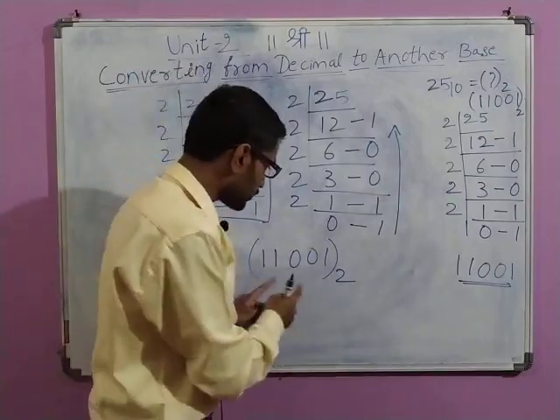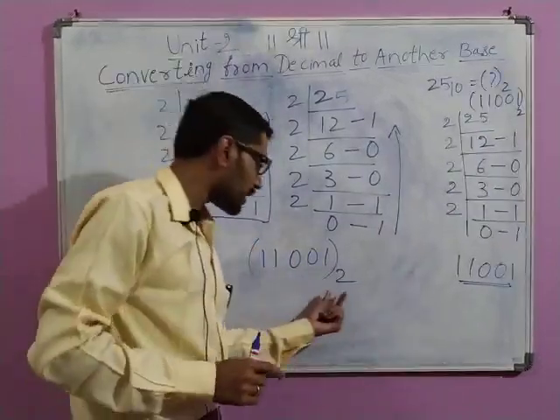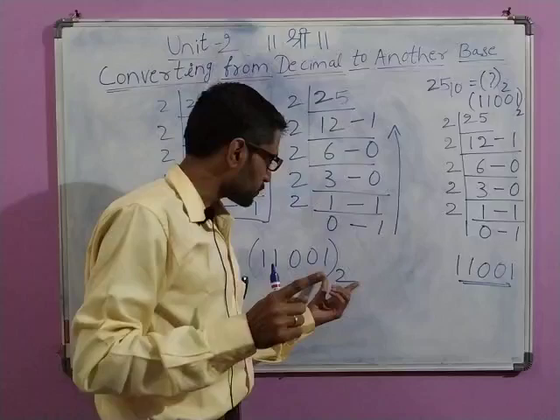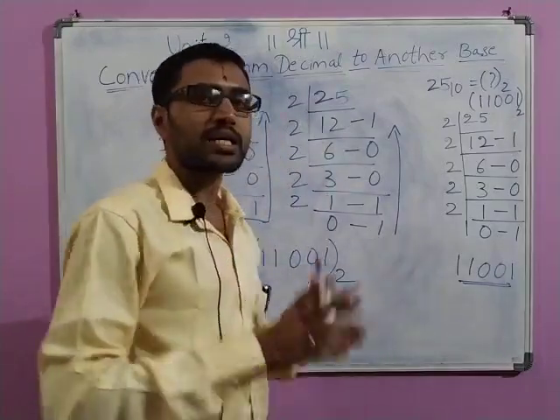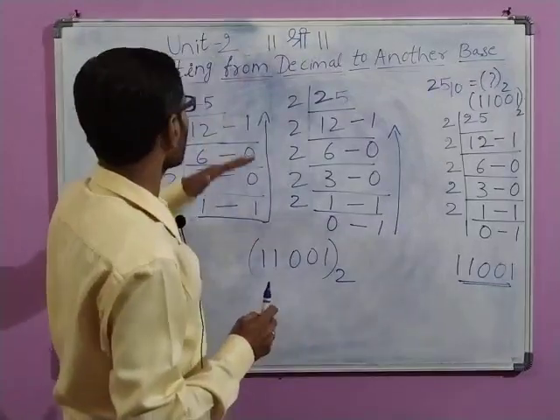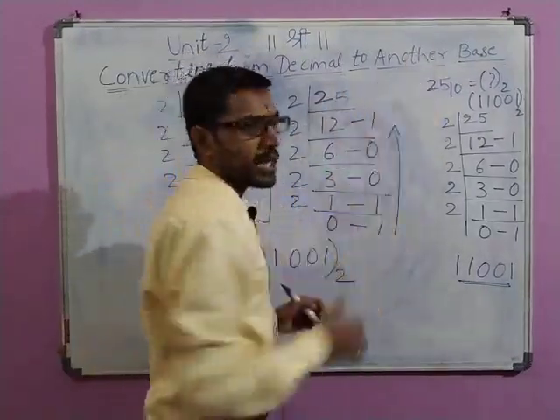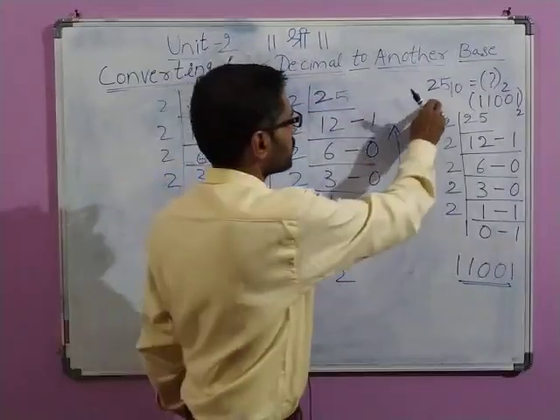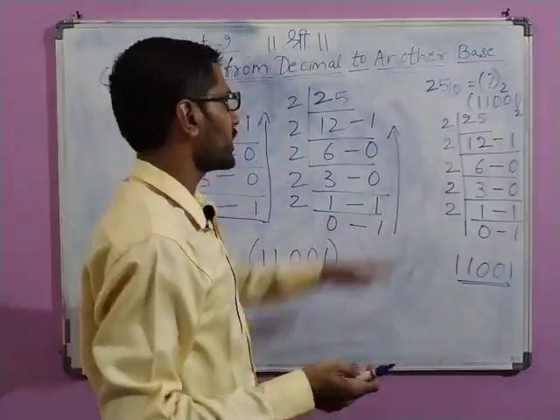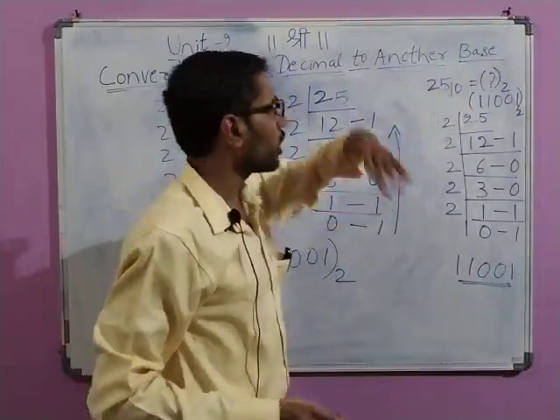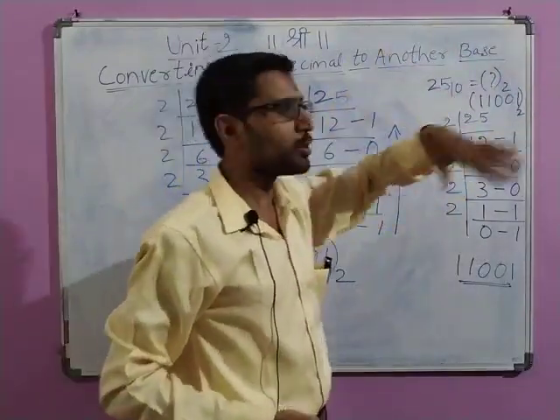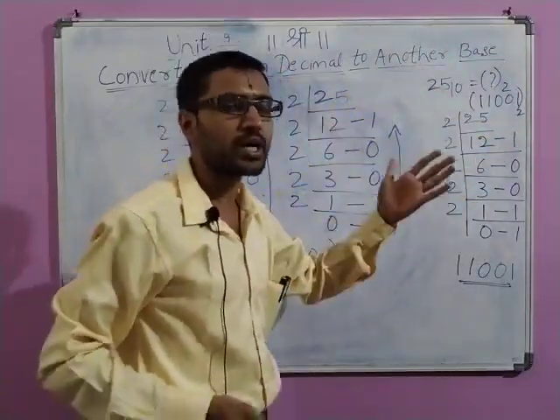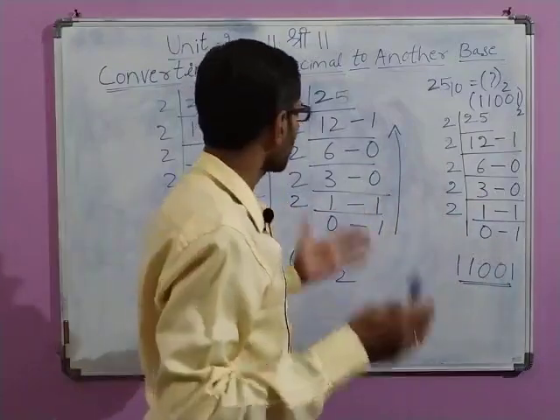But once you finish with the answer, always remember that you need to specify the base. Specifying the base is very much essential. So this is how we can convert a number from decimal to another base. So the number was given in decimal, we have converted into binary, or from decimal to hexadecimal, decimal to octal, decimal to base 4, decimal to base 5, and so on we can continue.